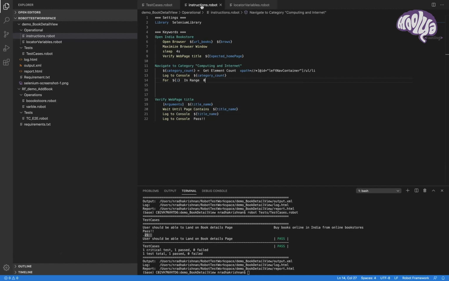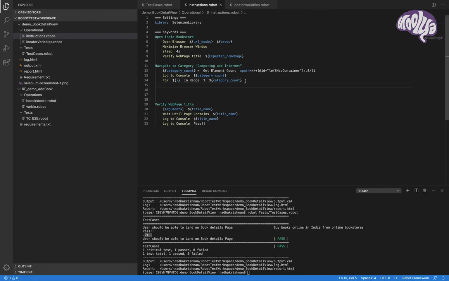We are here validating the list. When it comes to a web table or web list, it will always start with 1, till the expected last row, which is 21. So for I double space, in range double space, starting from 1 double space, the end row which is category count.